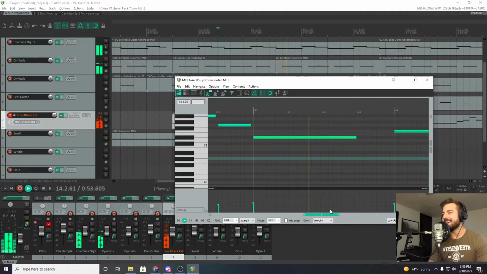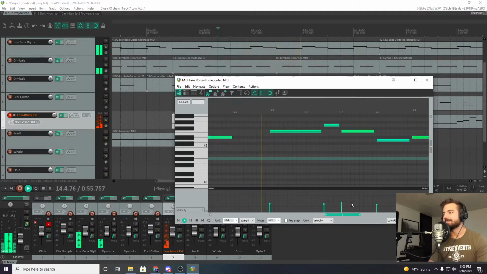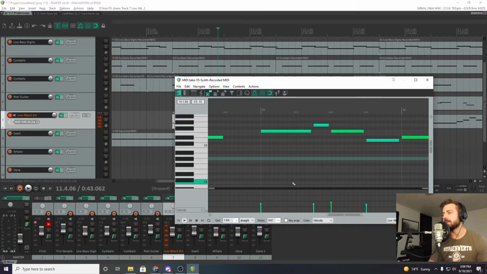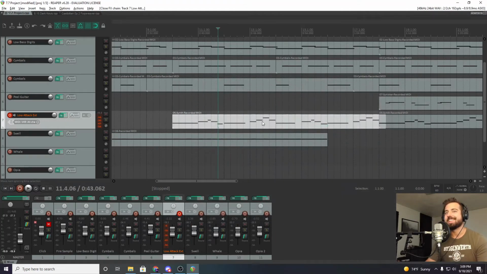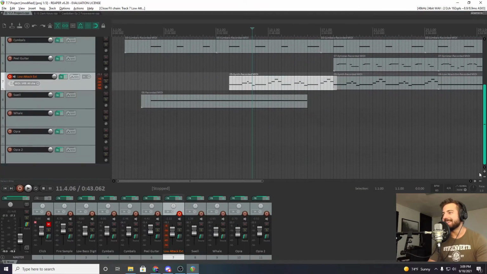I appreciate that in a mix. You don't want to step on toes, and especially with the low attack, you want to make the rhythmic sound of the note coming in. It's important to make that clear, I think, unless you're intentionally running things together, but that wasn't what I was looking for here. So that's that melody.